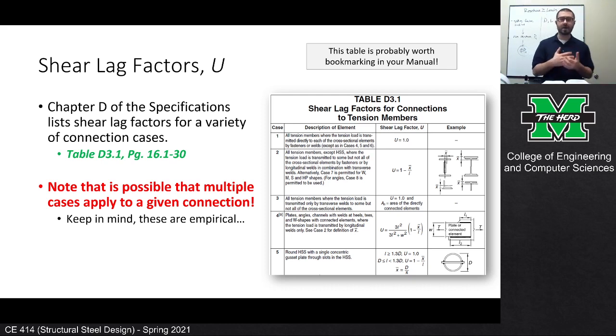Now, keep in mind also, and this is another point to make, multiple cases could apply to a given connection. So we'll find instances where we'll use case 2 and case 7, or case 2 and case 8, or whatnot. That's very common. Keep in mind these are empirical, so these are, again, the best fit to the data, and they do have some behavioral backing behind the way the equations are constructed. But again, the idea is to try and keep it simple. Okay, and I think you'll find this is a pretty simple